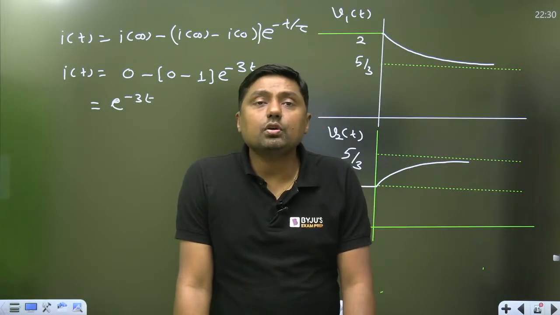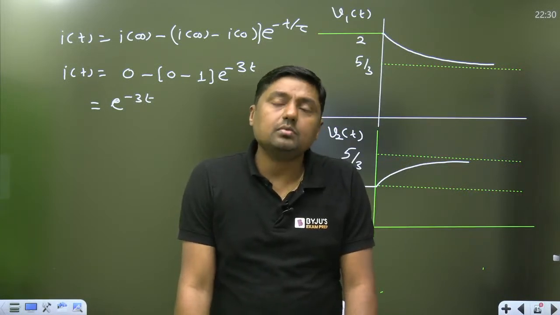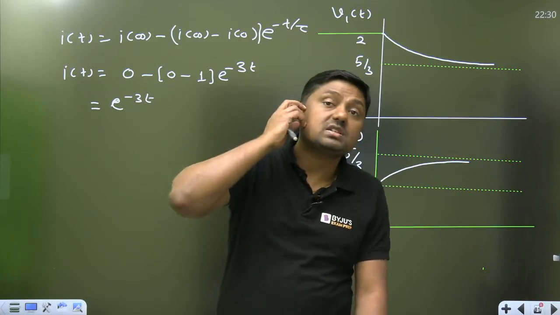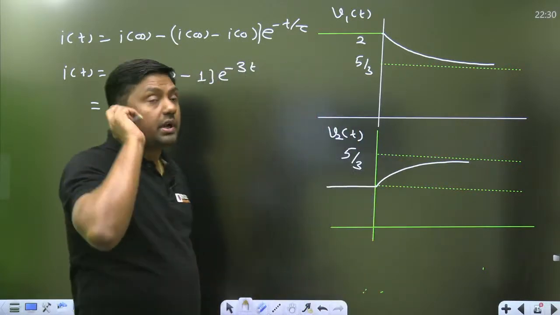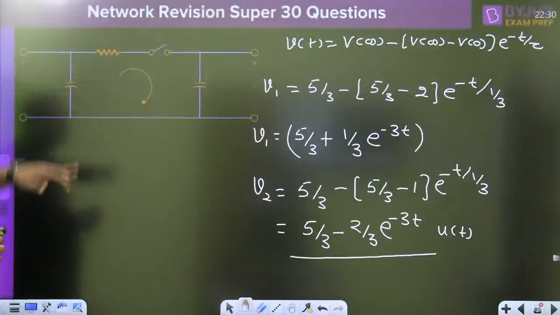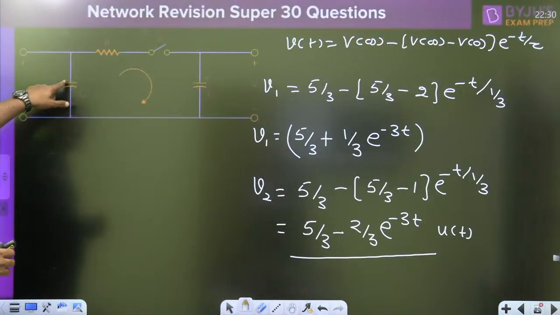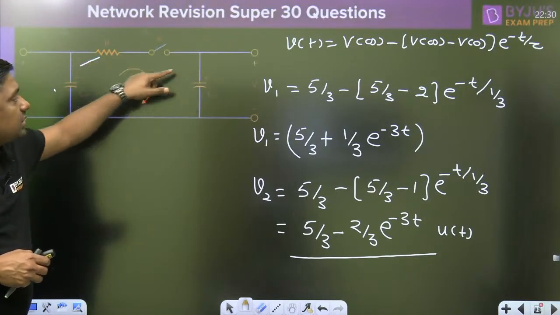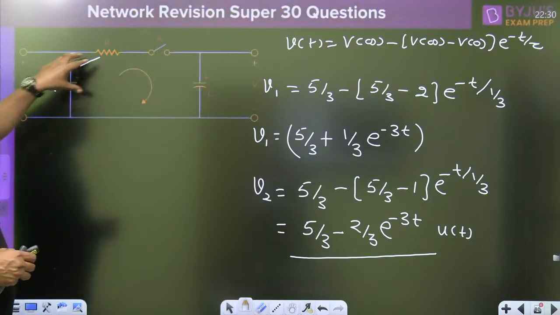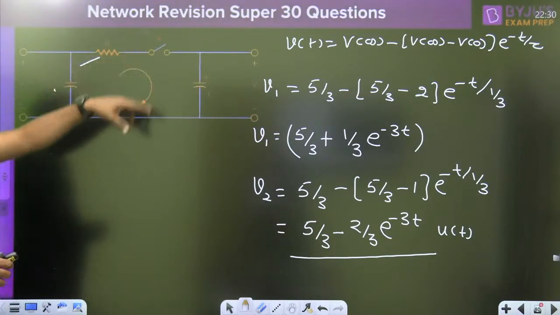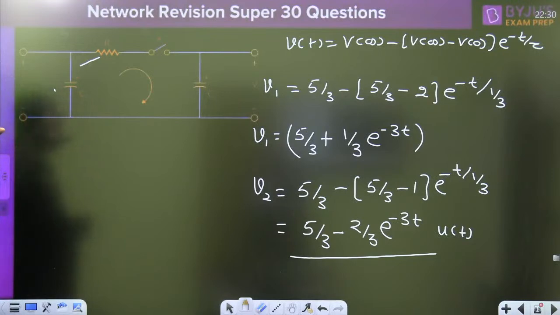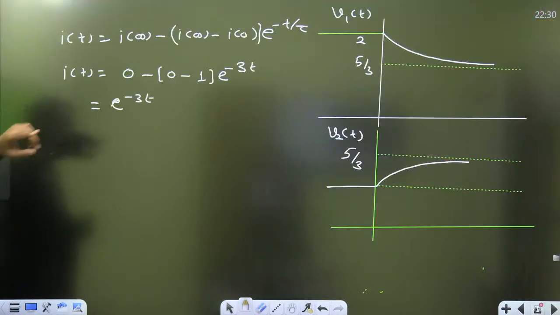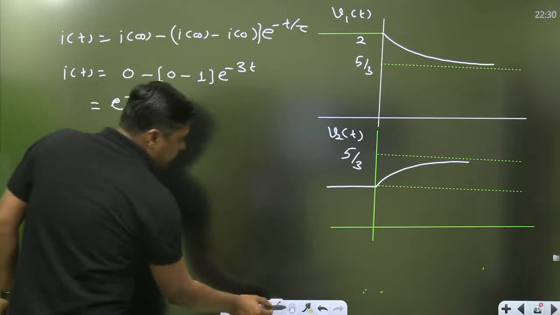Okay, Q infinite is equal to Q0 in this diagram, because this is connected in series, the same charge will flow, right? Initially the charge will be stored in the capacitor. That charge will pass through this, again this capacitor will charge, so the charge will remain the same in this series diagram. Okay, that is the concept.